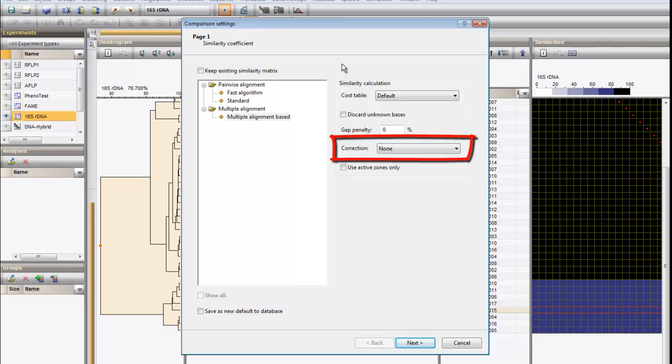There are two models available: Jukes and Cantor and Kimura. As an example, I will use the Kimura correction. The option Use Active Zones Only allows me to calculate similarities on selected regions of the multiple alignment. Active zones can only be set if the sequence type has a reference sequence linked to it, which is not the case here. I press Next to move to the next step,